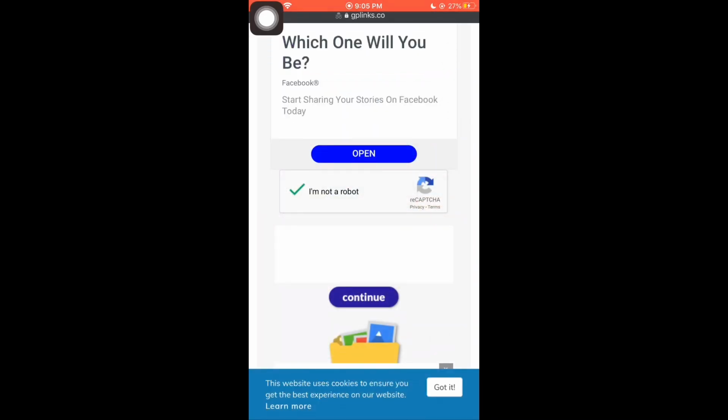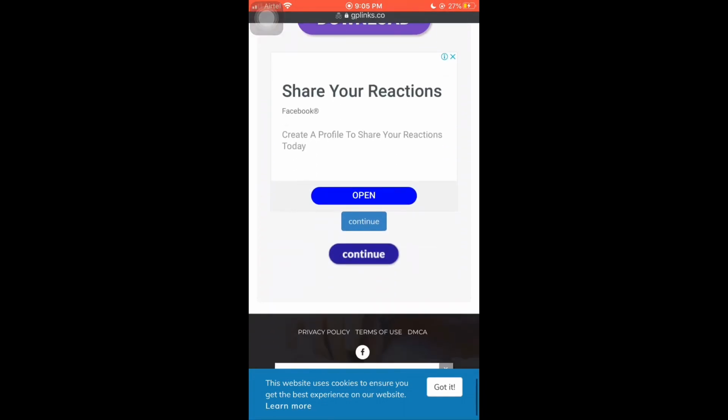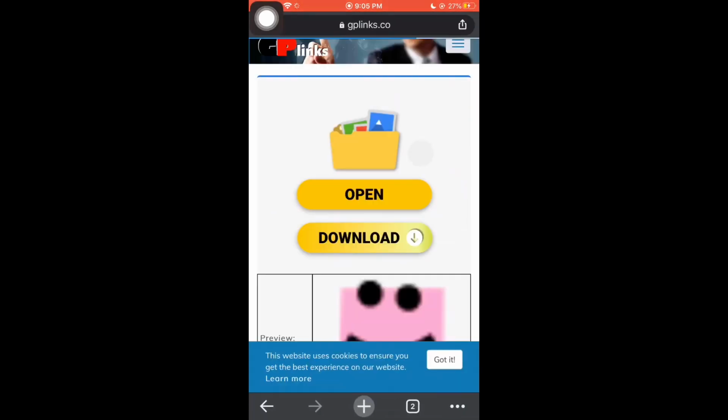After verifying, you'll have to scroll down and you'll find a continue button right here. When you click on it, it'll redirect you to another page. You'll just have to cancel and stay on the same page.